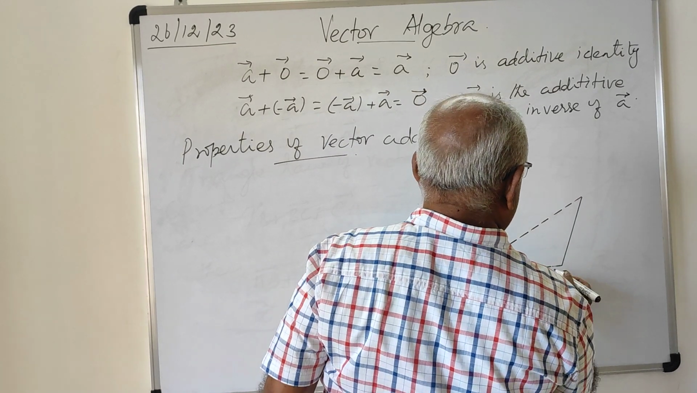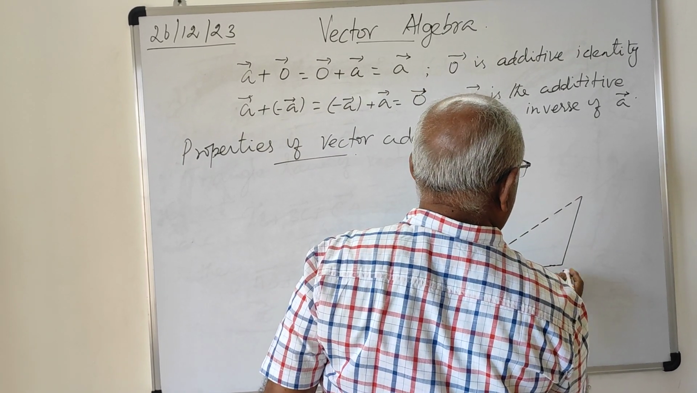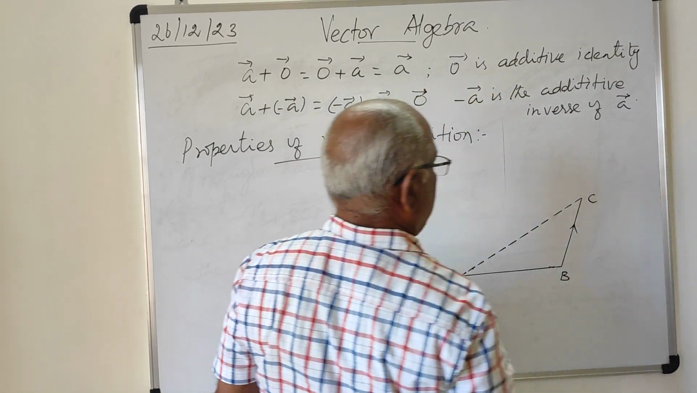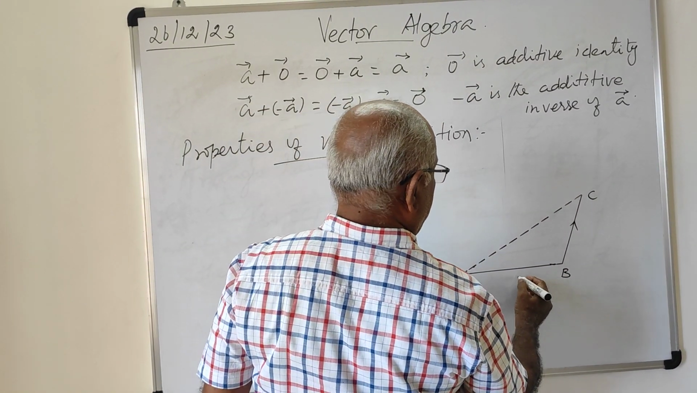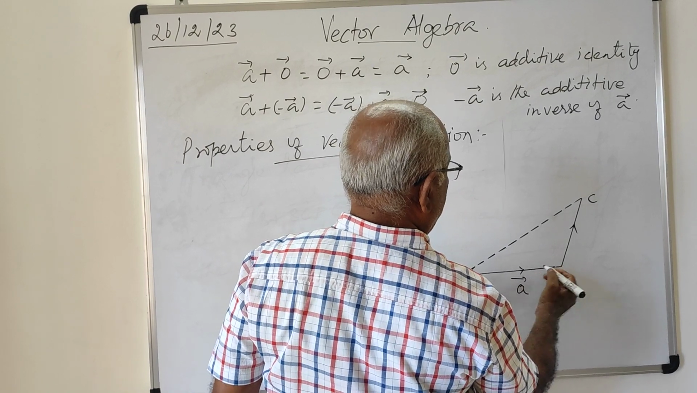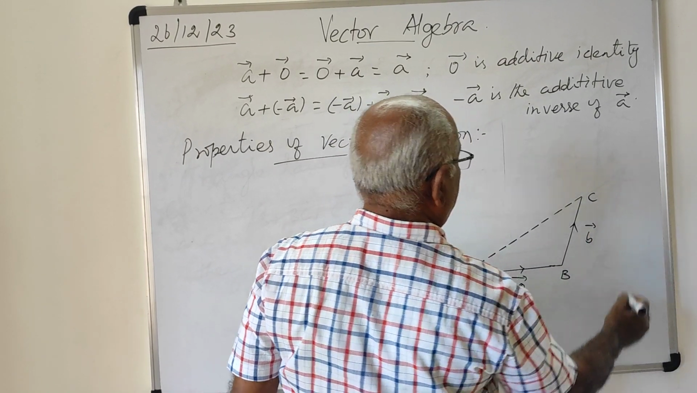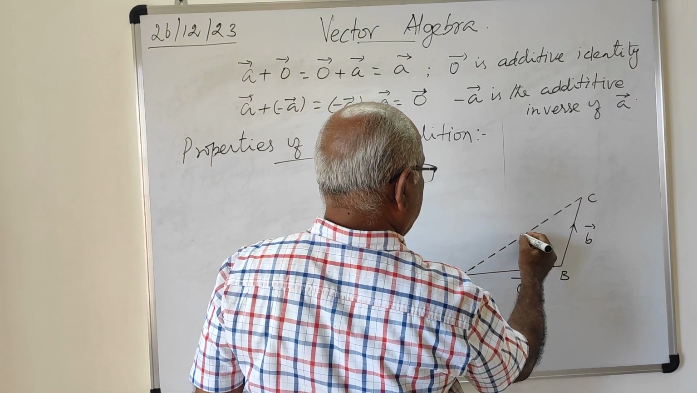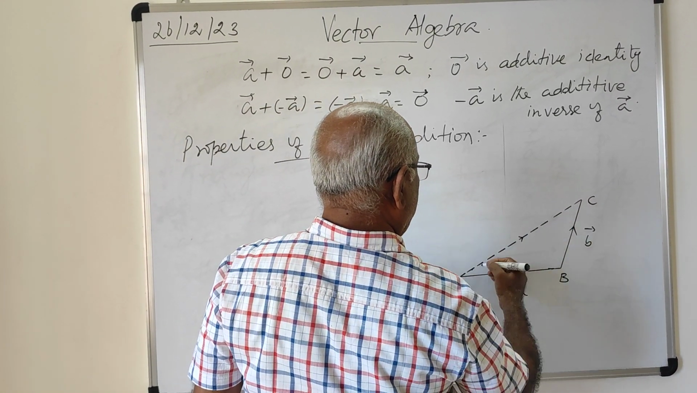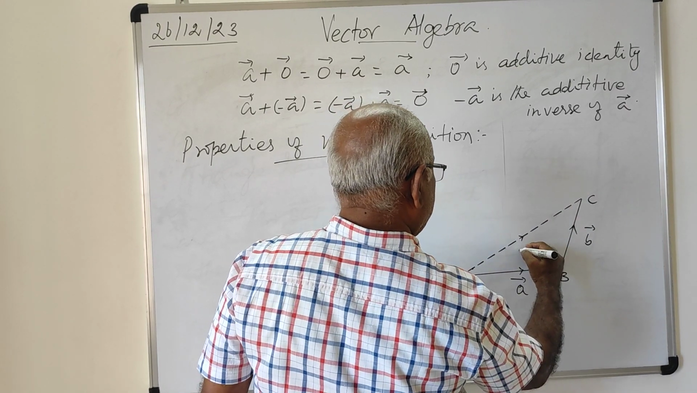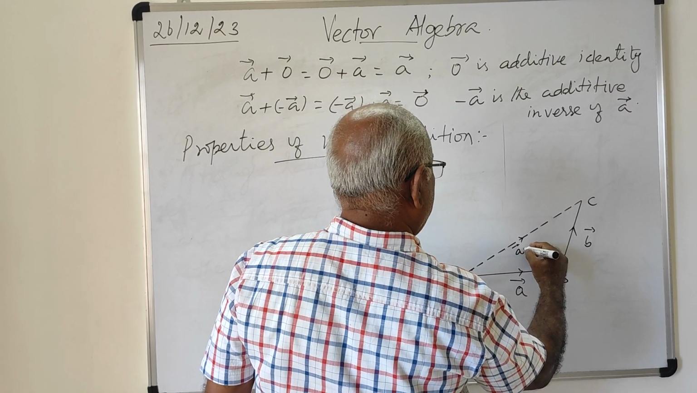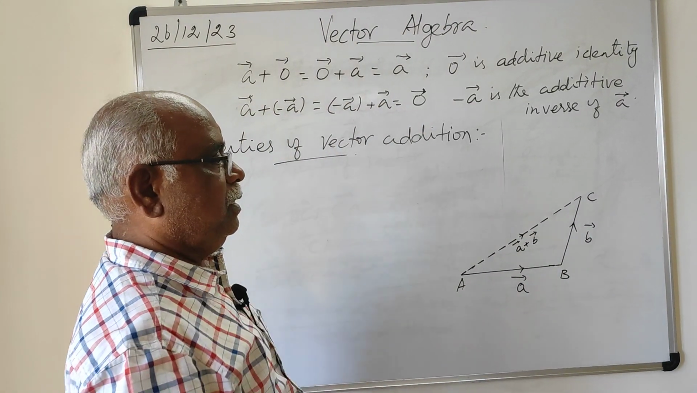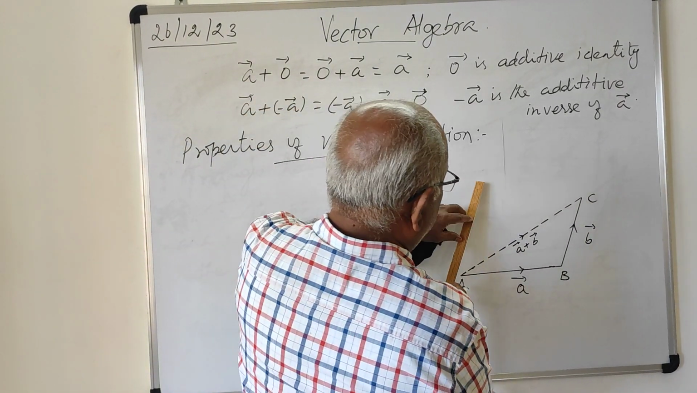AB vector, BC vector. You consider vector AB as A vector and vector BC as B vector. Then by the triangle law, you know AB plus BC is equal to AC vector. That is nothing but A vector plus B vector. By the triangle law, if you complete a parallelogram,